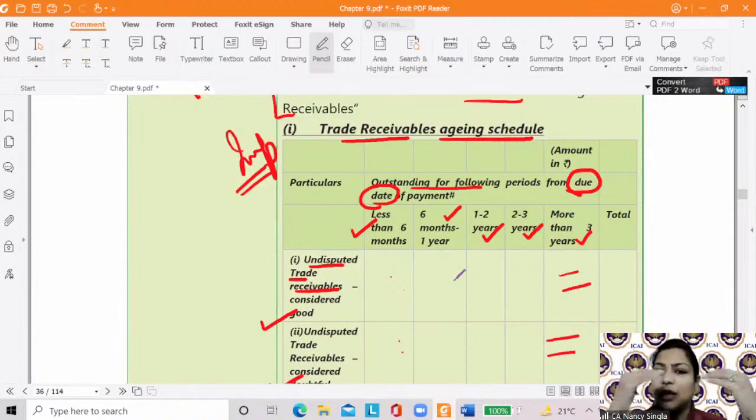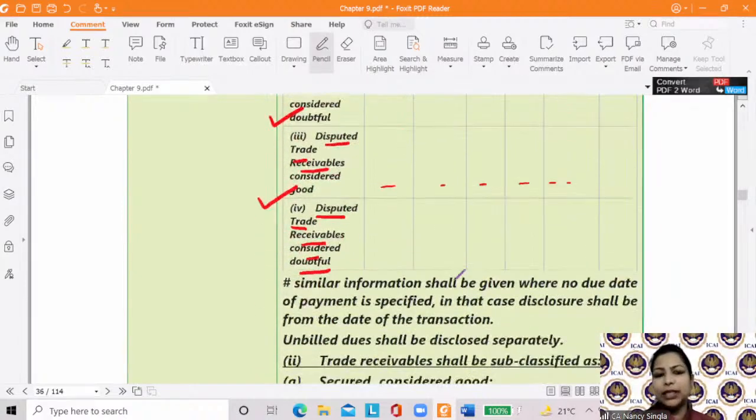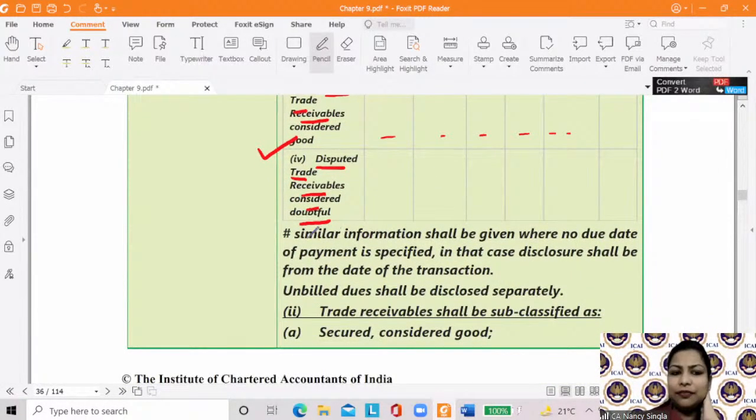ऊपर क्या दिया हुआ है कि कितना पुराना है डेटर और कौन सा डेटर है, that is given in the vertical column, ठीक है। Now it says that the similar information shall be given when no due date of payment is specified, ठीक है। So in that disclosure, 6 months or 1 year will be calculated from the date of transaction, ठीक है। Also any unbilled dues shall be disclosed separately, that is sales have been made but the billing has not been done, so that shall also be disclosed separately, ठीक है। So this is a new addition which has been done in Schedule 3 to the Companies Act, and you need to learn it, ठीक है।